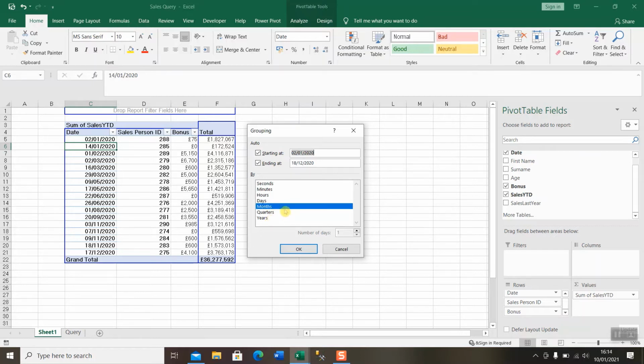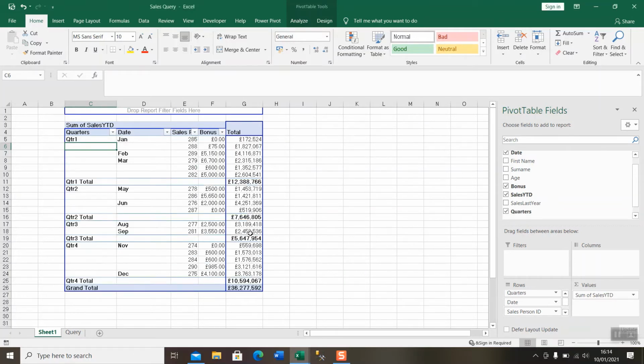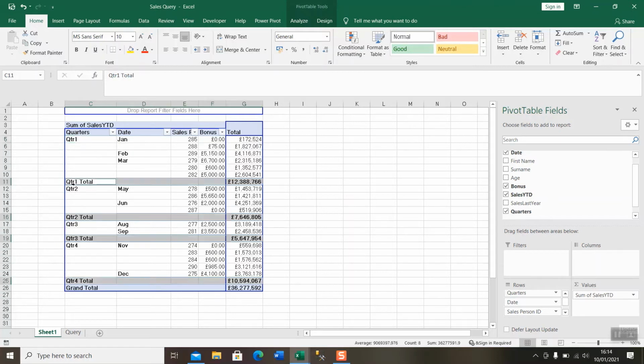So I'm going to highlight months, which is already highlighted, and then I'm going to hold down my control key on the keyboard and press quarters as well, and then I will click OK, and then you can see that the pivot table is now showing quarters and is showing the months within each quarter. So January, February, March are in quarter 1. There is a total for each of the quarters,